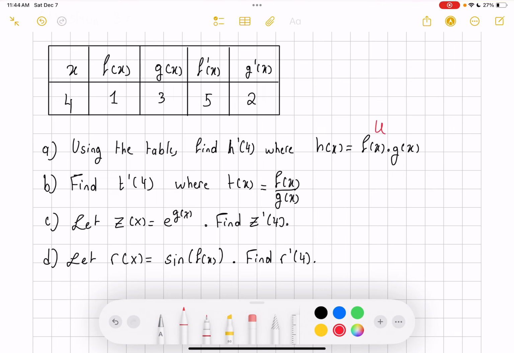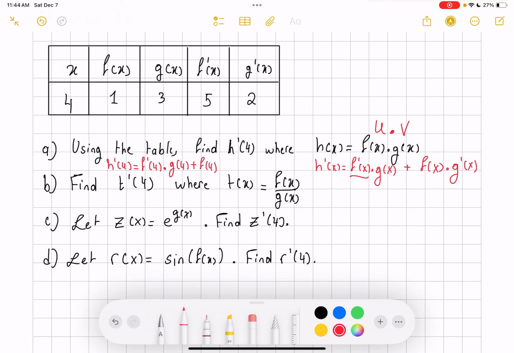So this is going to be my u multiplied by v. So h prime of x is going to be f prime of x multiplied by g of x, which is going to be my u prime v, plus my u v prime. So h prime of 4 is going to be f prime of 4 multiplied by g of 4